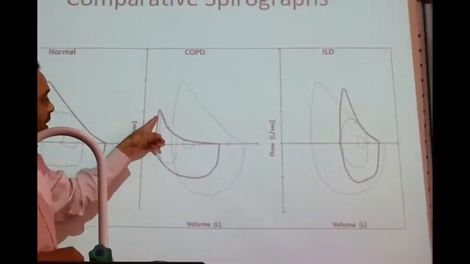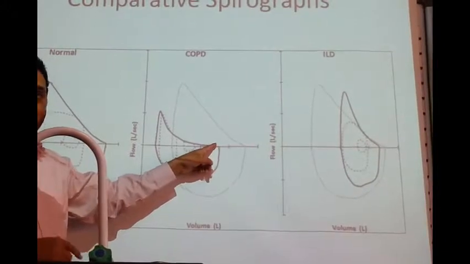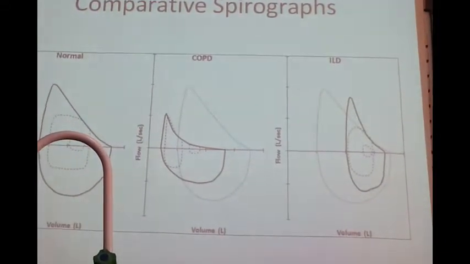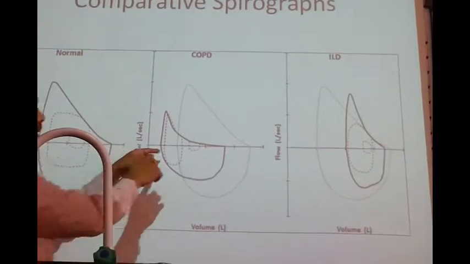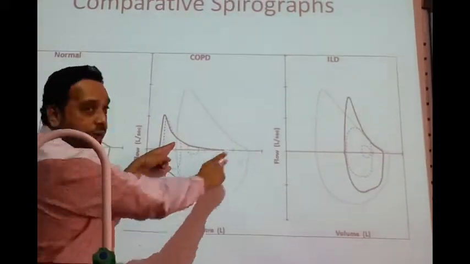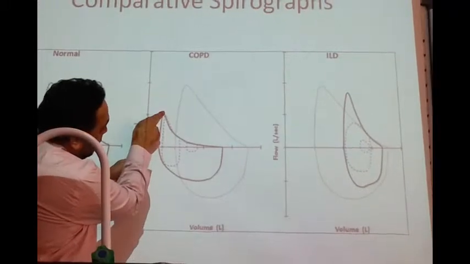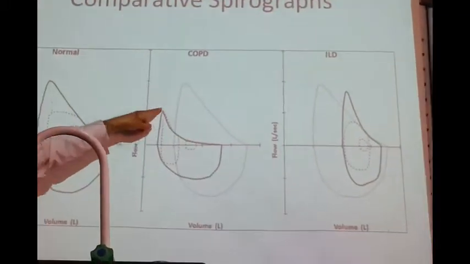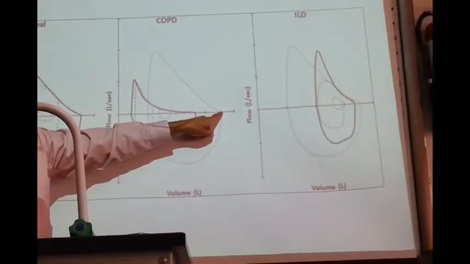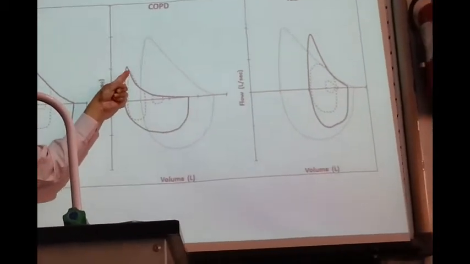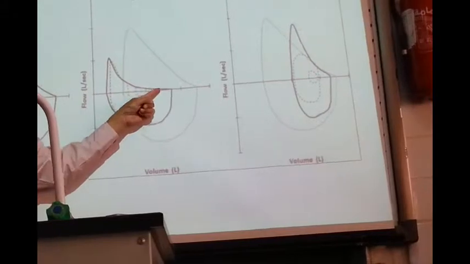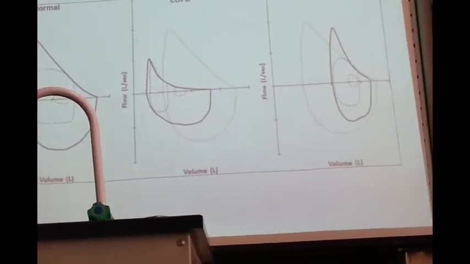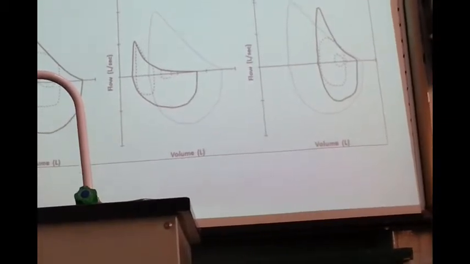In expiration, not only is the volume less, but the appearance is also different. What is the difference in appearance? Here you can see the downward slope is straight, whereas here you see the downward slope going like a curve. See the distance. It is coming here. Here it is taking a long time for the air to come out. This is indicative of obstruction, because it is obstruction to the flow of air.